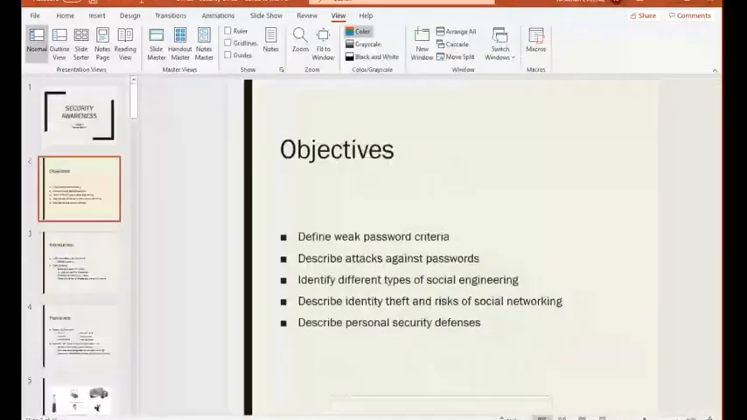So that is Chapter 2 in the security lecture. Does anybody have